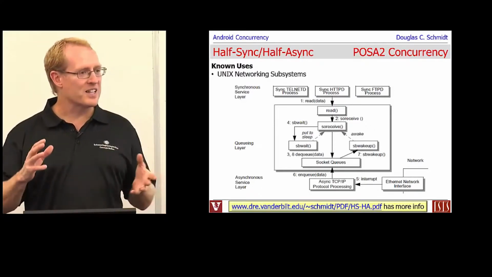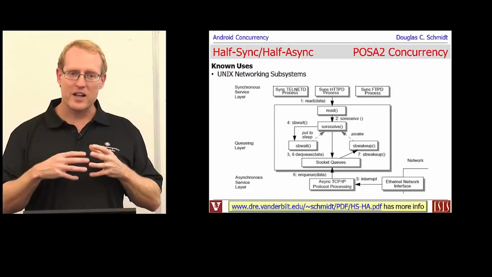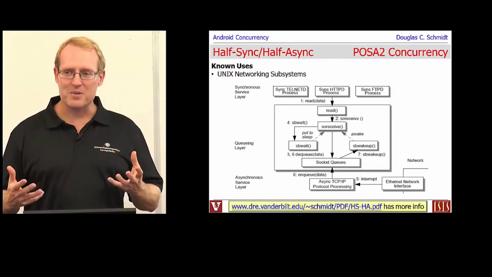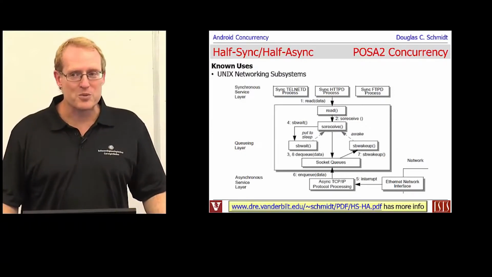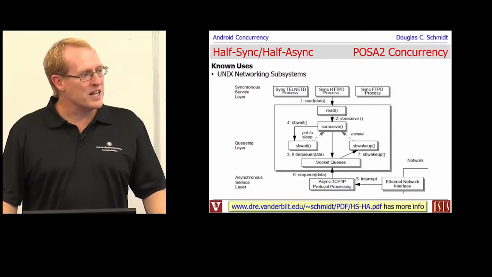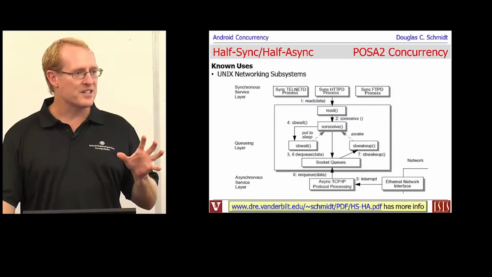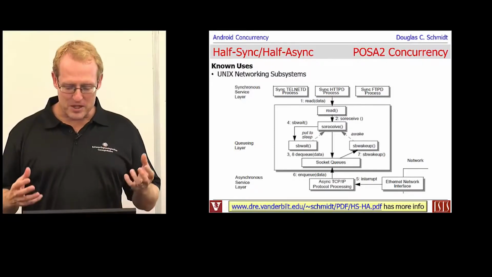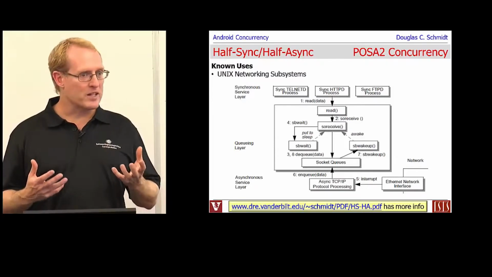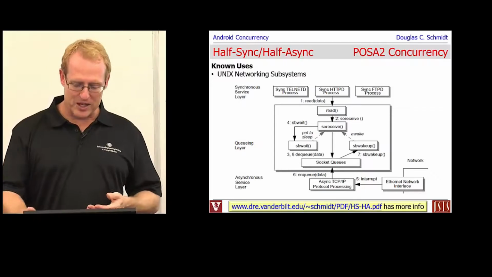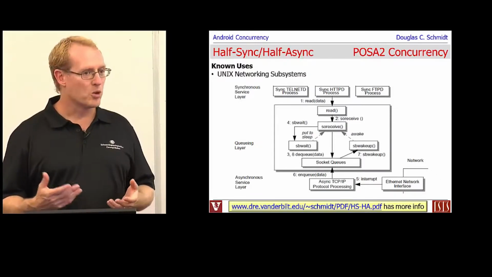So it was all these different things, and as I was looking at the different stuff I was doing, I started to notice common themes. But the place it really showed up the most was in the operating system. Because if you read literature about operating systems from sort of the 80s and 90s, what you found was that the operating system kernel was developed quite differently from the user level. And if you take a look at this paper down here, you'll get more than you ever wanted to know